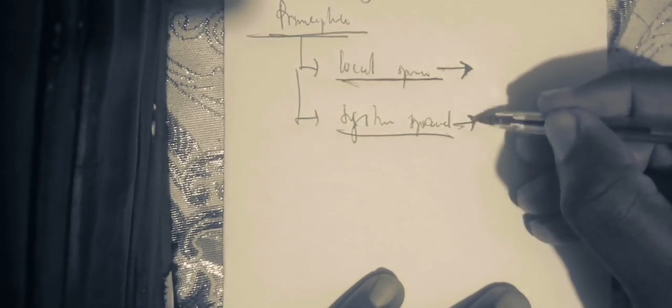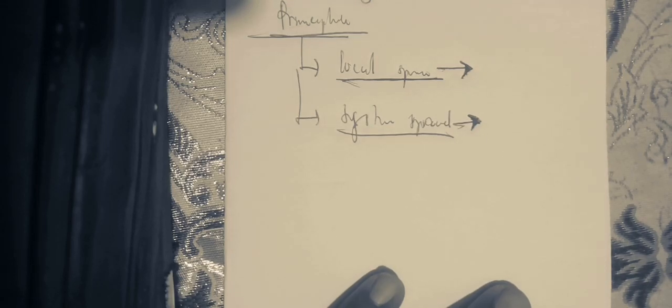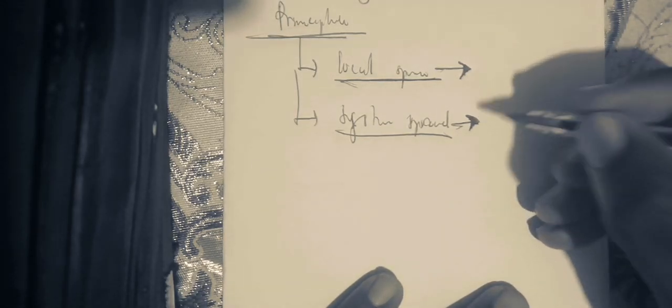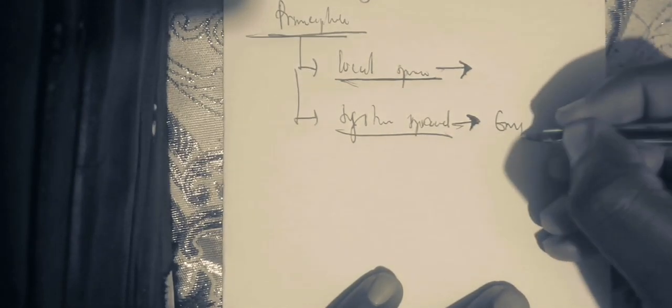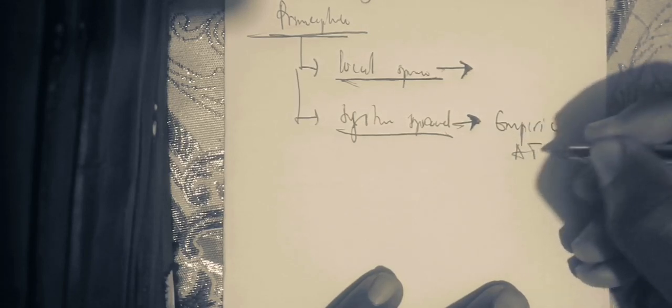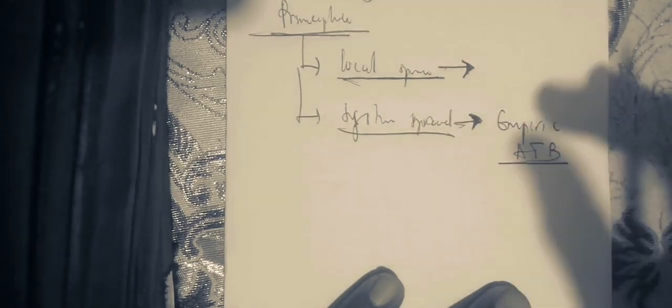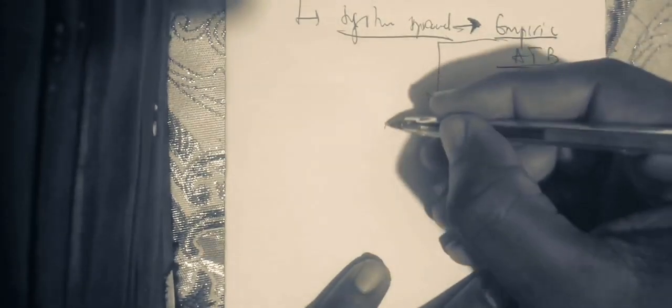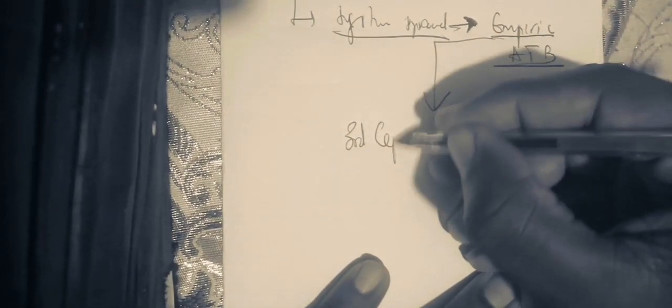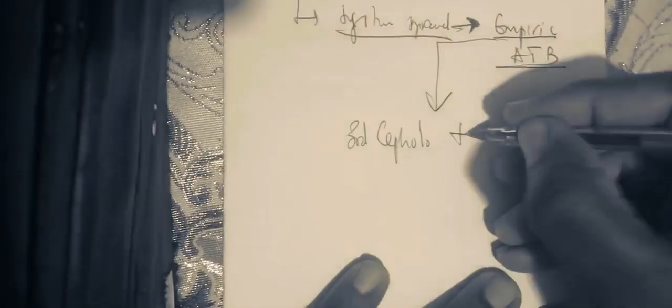Now for the systemic spread, you need to know that we can do other elements. In systemic spread, you can now do antibiotic therapy, and the antibiotic therapy that is used in the systemic spread is the empiric antibiotic therapy. Is it clear? The empiric antibiotic therapy when there is a systemic spread. Generally, the empiric antibiotic therapy is a trial of a third generation cephalosporin. Is it clear? It's a trial of third generation cephalosporin plus